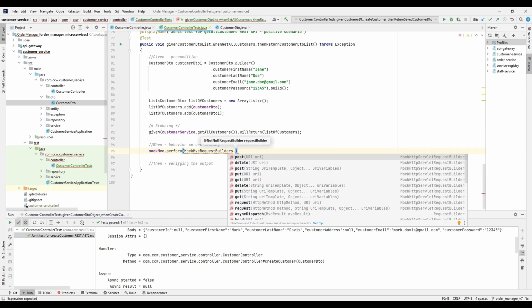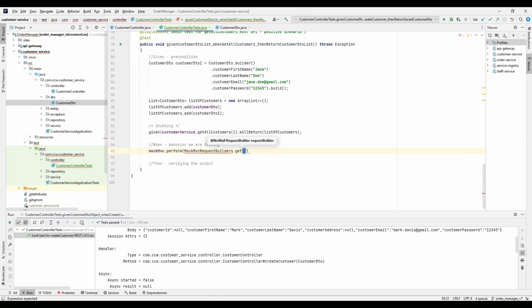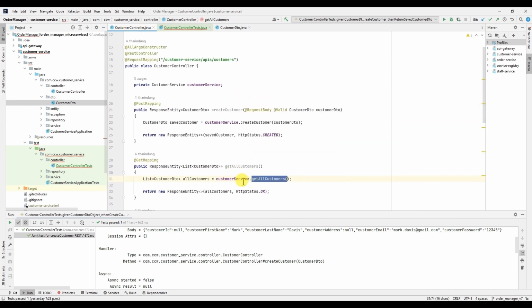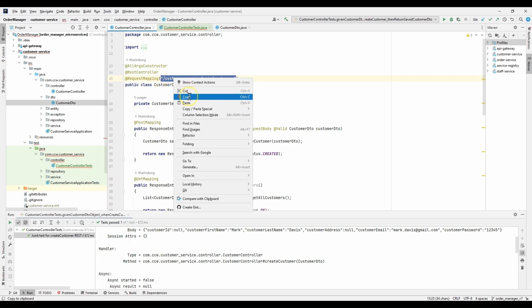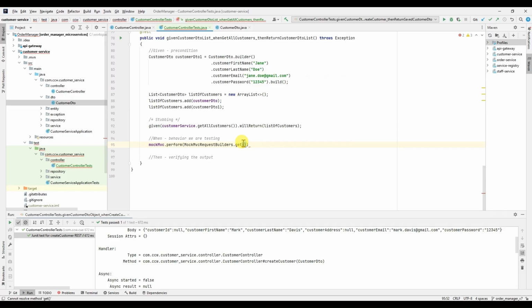Earlier we used post. Now we are using get, and we need to pass the URI. So we know to get all customers, we have to use this base URL. So I'm going to pass that base URL to the get,